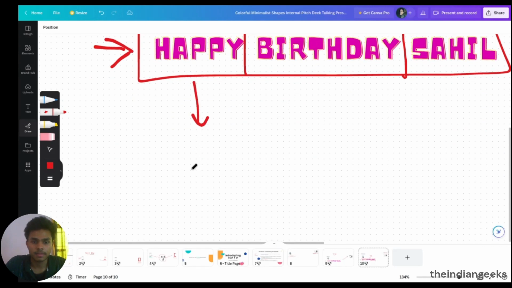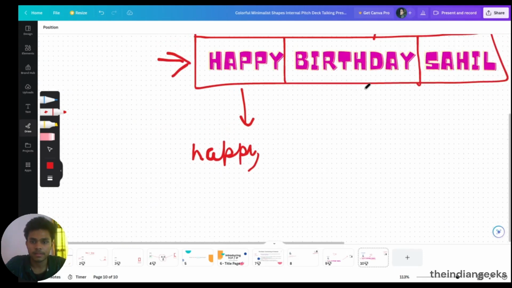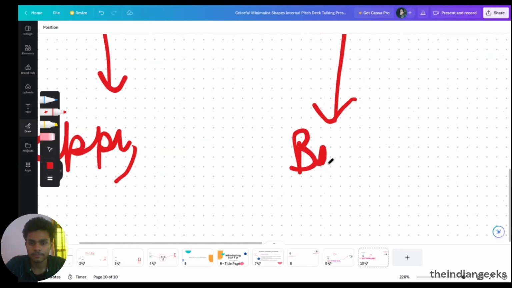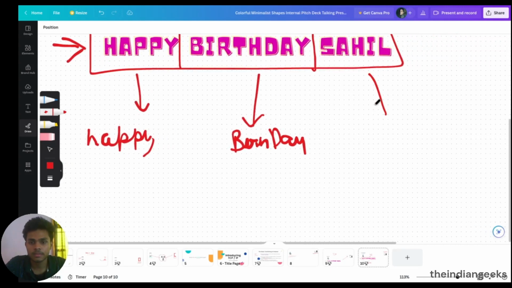So this is message number 1, which is "happy". Message number 2, which is "birthday". And message number 3, which is "Sahil". What are these messages called?